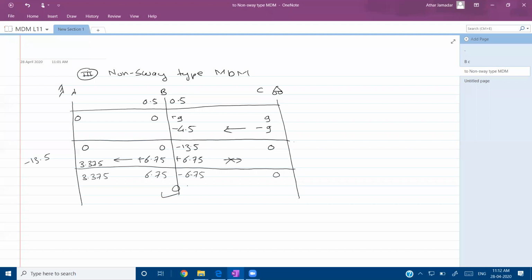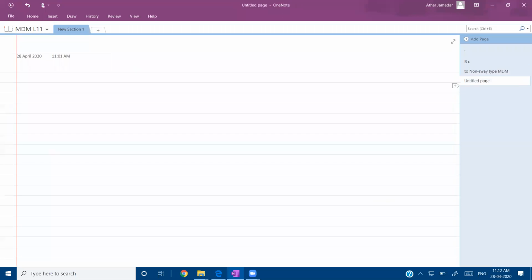So these moments are called non-sway moments. These moments that we have calculated are called non-sway moments. And up to here, the problem is not having any different solution from our previous problem. This type of analysis we have seen previously also. Now the next step, or third step, is